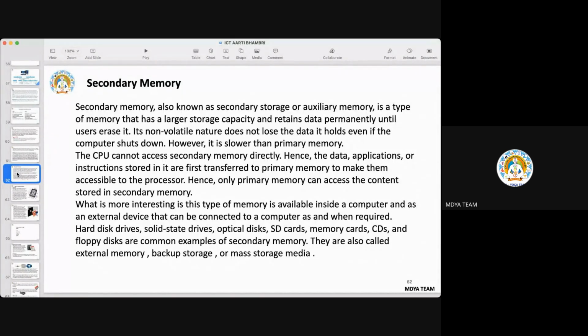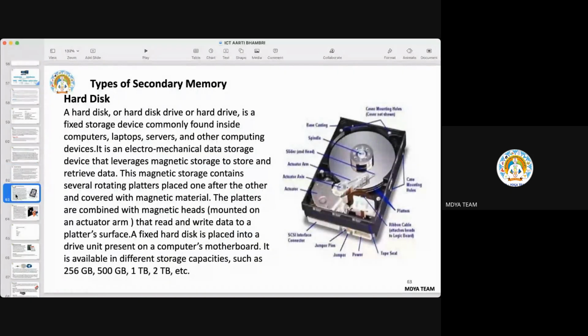Alright, other names are external memories because they can be a separate entity as compared to your computer system, and backup storage or mass storage media, you can say that. Now here there are some details of each type of secondary memory, so we will not go into much detail,